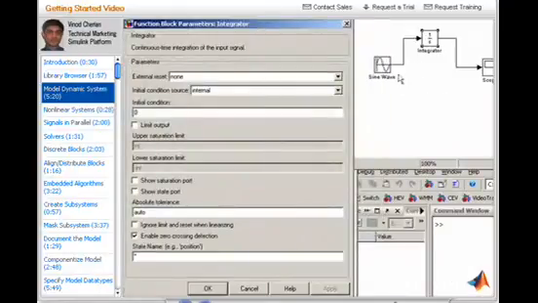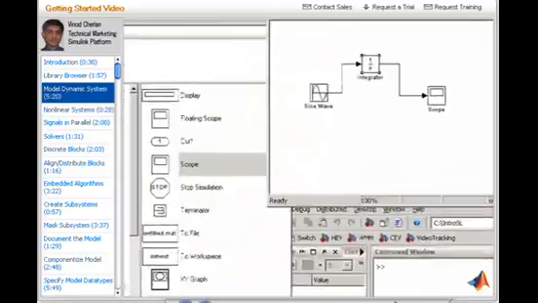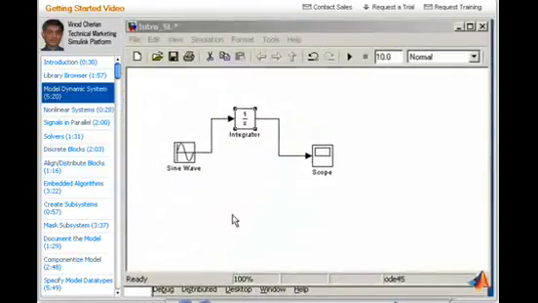So we know that I'm integrating the sine wave that has a value of 0 at time 0, and you know that the integral of sine is minus cosine, and minus cosine 0 is minus 1. So instead of starting with an initial condition of 0, I'm going to set the initial condition of the integrator to minus 1 and say OK. Save the model